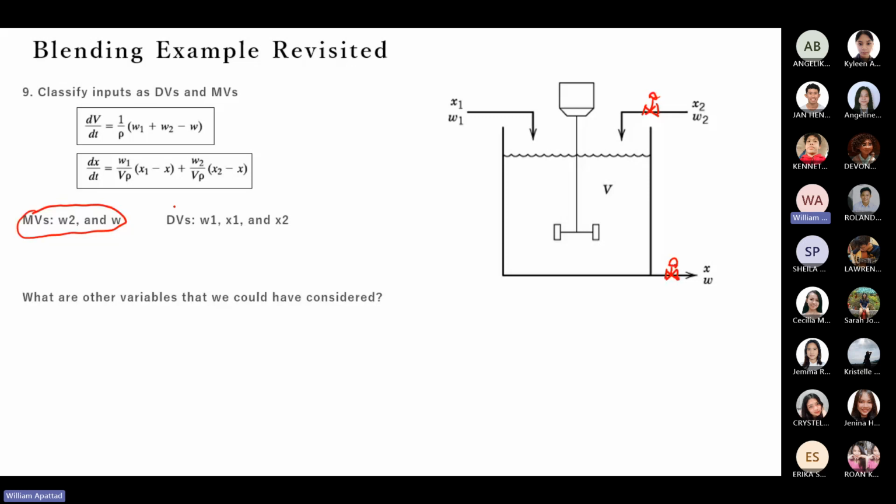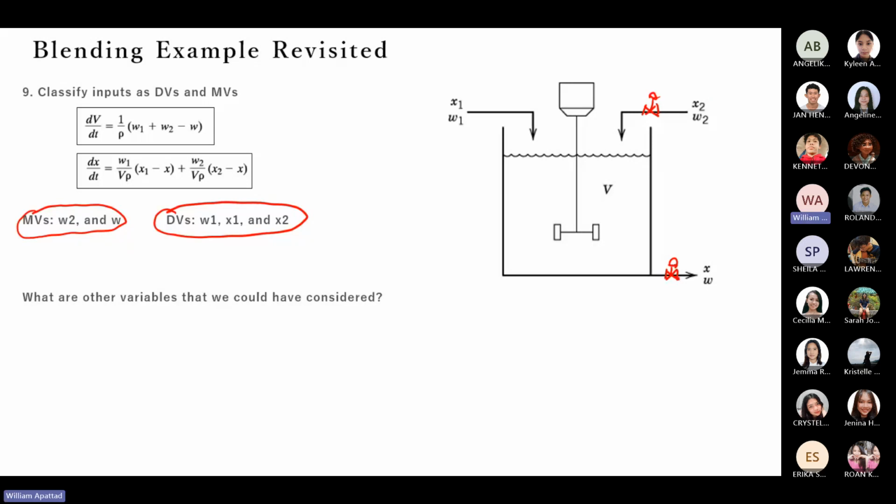Okay. And then we have our disturbance na hindi talaga natin maiwasan. Okay. So ito, we don't have a valve here sa X sa W1. So this can be a disturbance. Okay. So along with its X1, dito rin disturbance na din tong X2. So